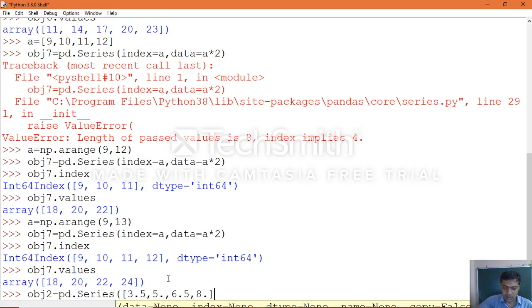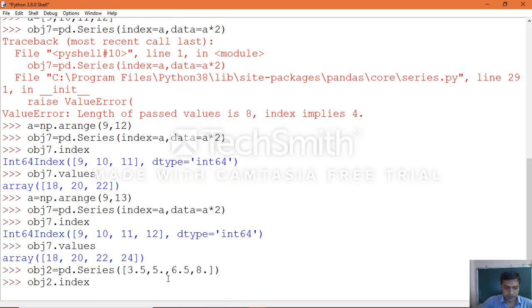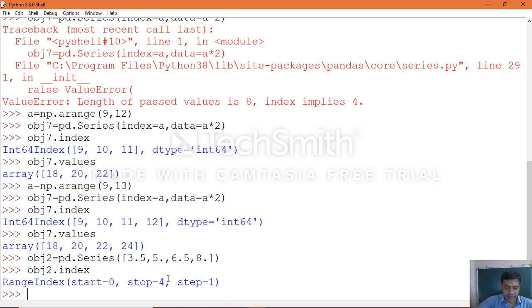Okay, close that data. We created the object without an index, which means the default index will be taken. Yes, now just apply the index of the particular object. Yes, the default index is taken.